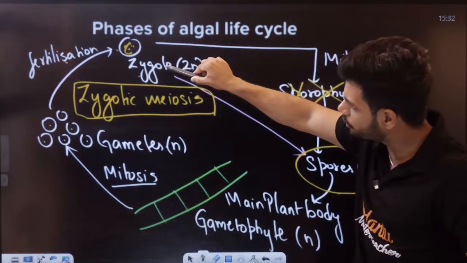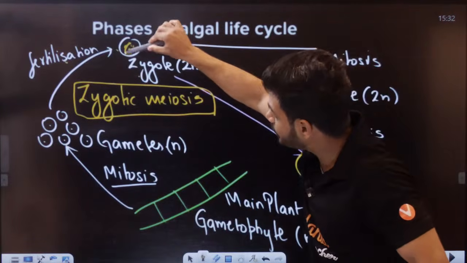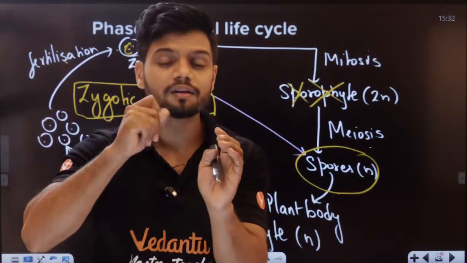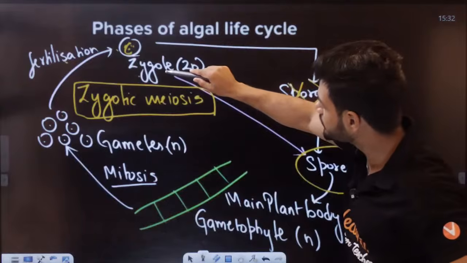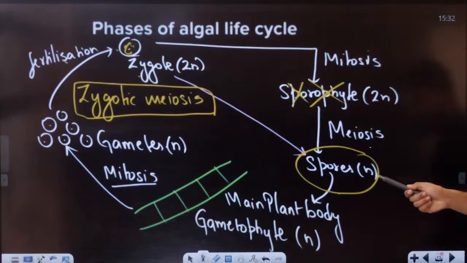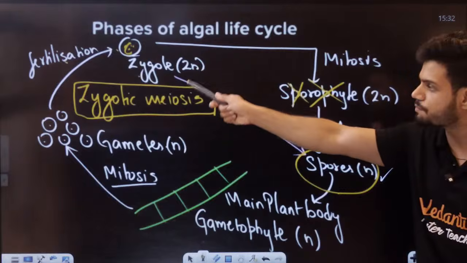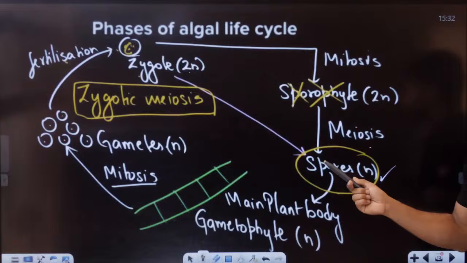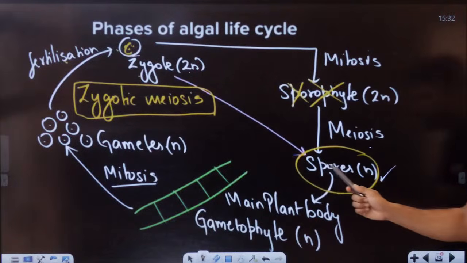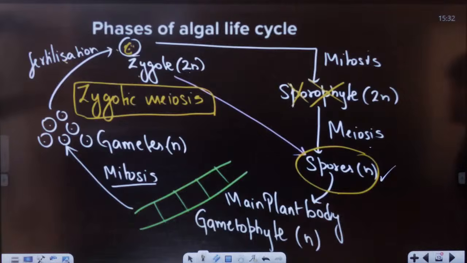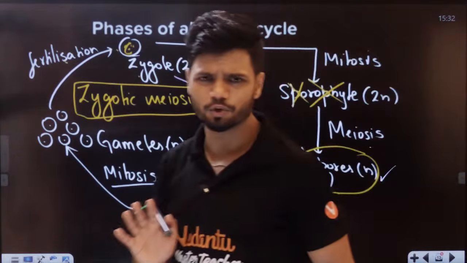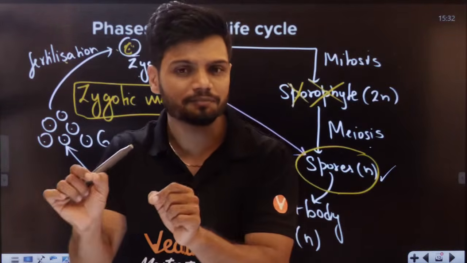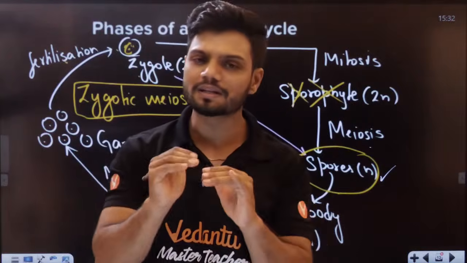नाउ वंस वी गेट जाइगोट आफ्टर फर्टिलाइजेशन, इस जाइगोट के अंदर मियोसिस होके डायरेक्टली वी गेट स्पोर्स। सो जाइगोट अंडरगोस मियोसिस। मियोसिस मींस व्हाट? 2n to n, reduction division. So zygotic meiosis and we get spores. ये spores वापस gametes बनाते हैं। But this they will not ask you. Just remember this much कि algae के अंदर zygotic meiosis होता है। इतना याद रखो, काफी है यहाँ पर।